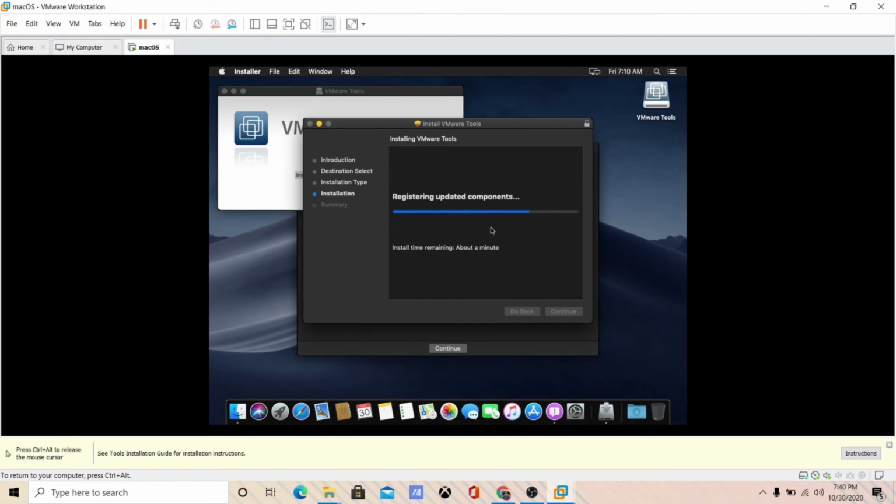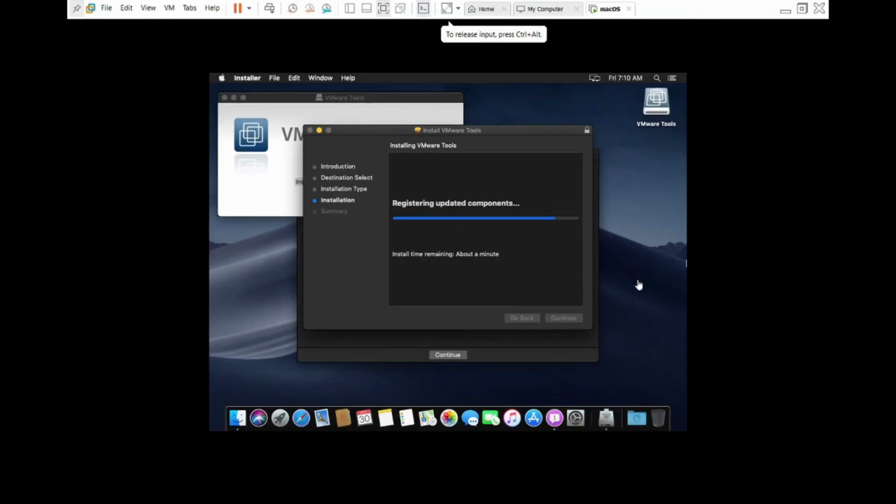It's saying registering. You can enable full screen. I'll show in a minute how to scale this as well. Just head on to